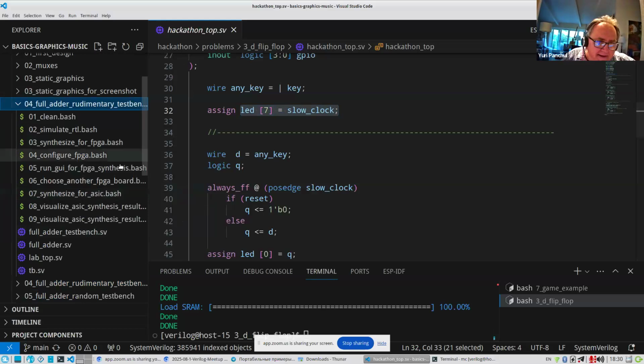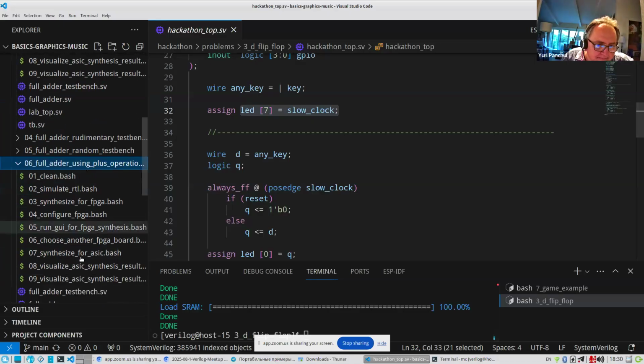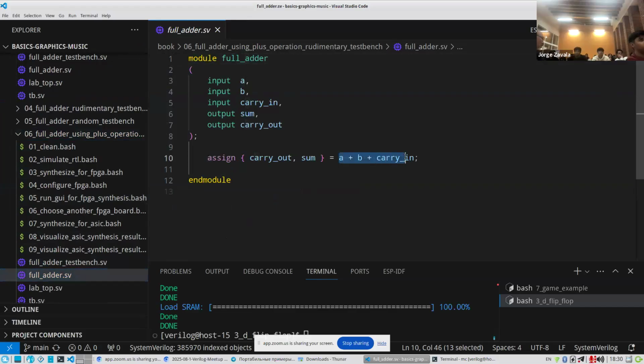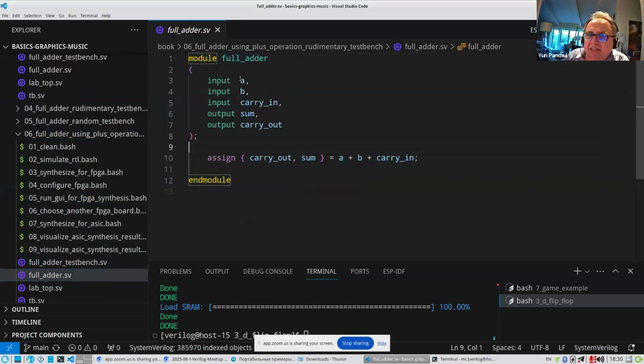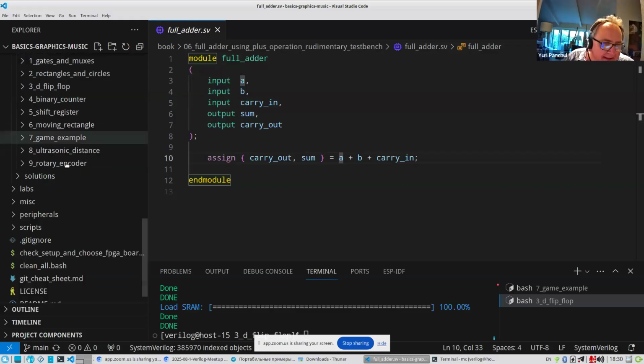So you can see, in order to add two numbers, you can simply use a plus operation. You can start with adding two bits. The minimal adder is an adder which just adds two bits and a carry in. If you add binary numbers by hand, you probably already know how it works.